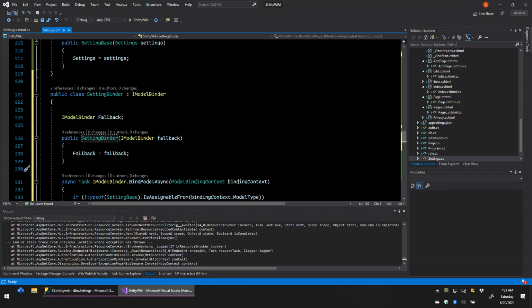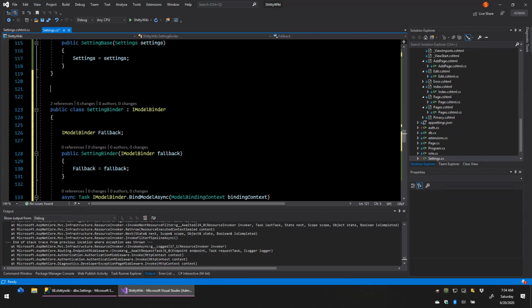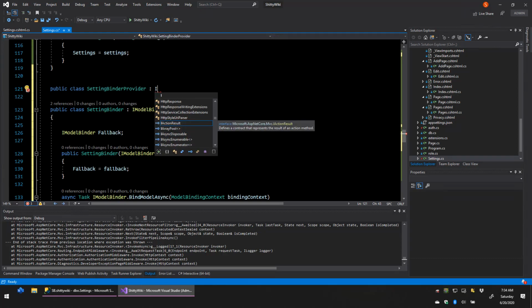Well, as usual with object-oriented programming, there's one more layer of abstraction. If you can't build an XYZ, you build an XYZ factory. In this case, it's not a factory, it's a provider. So if having an IModelBinder wasn't enough, there's an IModelBinderProvider. So let's create a setting binder provider and implement